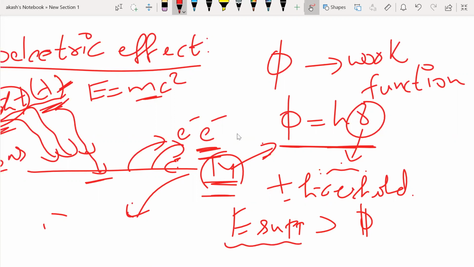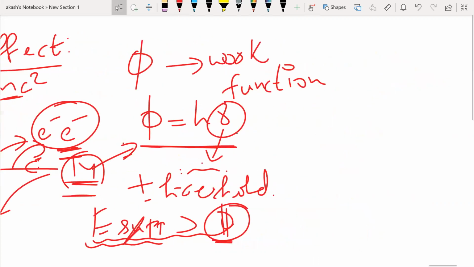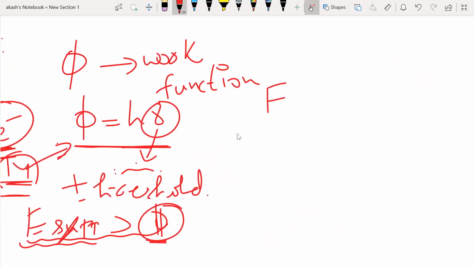So this energy supplied, if it is greater than this, obviously a portion of the energy is going to get satisfied by this. The other remaining energy supplied is going to be transferred in terms of kinetic energy of these electrons, because the electrons are moving, isn't it? So if I write the energy conservation equation, I can tell the energy of the photons will be equal to the work function plus the kinetic energy of the electrons.